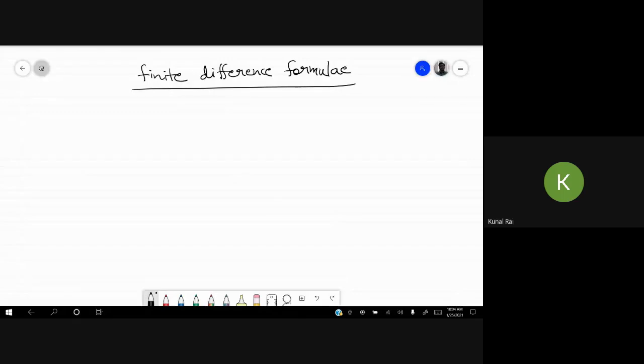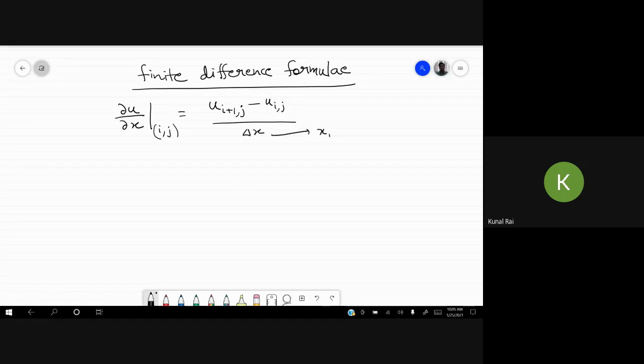So we wrote for a partial derivative with respect to x for some dependent variable u at point ij, where i is the x index and j is the y index. This we wrote as u i plus 1 j minus u ij by delta x, where delta x is